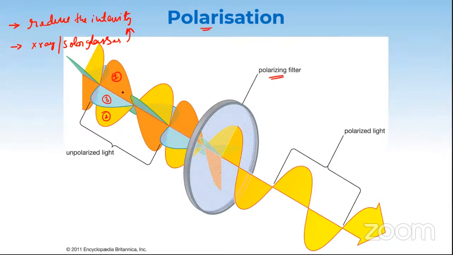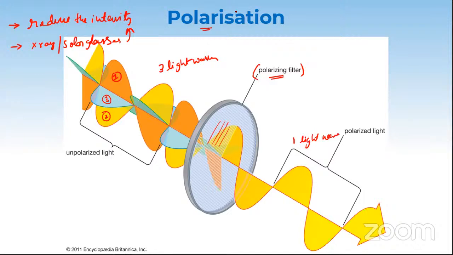When this high intensity light passes through the polarizer, it will allow only certain radiation to come through. Other radiations will be blocked. For example, only the yellow radiation is getting passed through. You can notice there are lines like this here. Only the radiation which is parallel to this line will come out. Other light, like the blue light or the orange light, is getting blocked. Initially there were three light waves, and now there is only one.